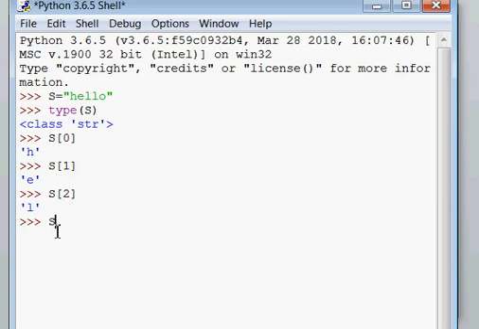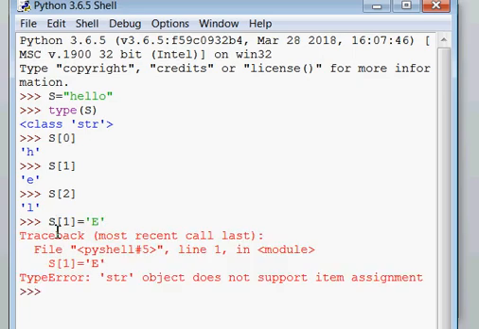If I want to change a specific element, for example change the small e to capital E, I try s[1] equals capital E. This is not possible, meaning if you have created a string, you cannot change the elements inside that string.